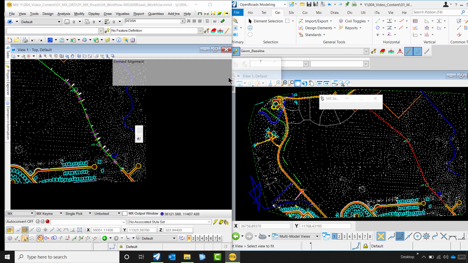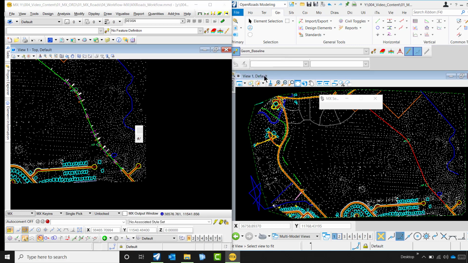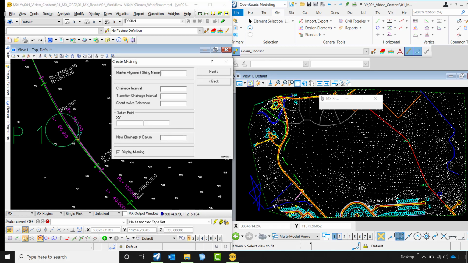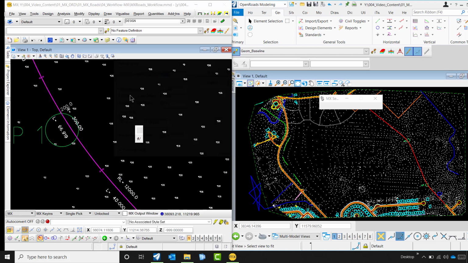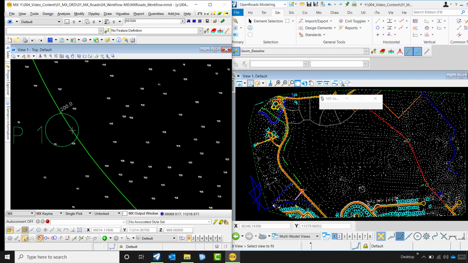Once I'm done with this, I'll say whatever changes I have made to this alignment, I want to go ahead with that and accept it, and now create that as a new horizontal alignment where you give the change interval. You want to overwrite it. Yes, finish this, and now just display that.